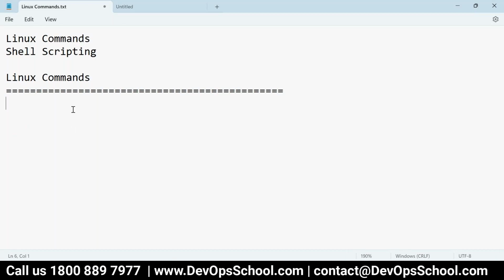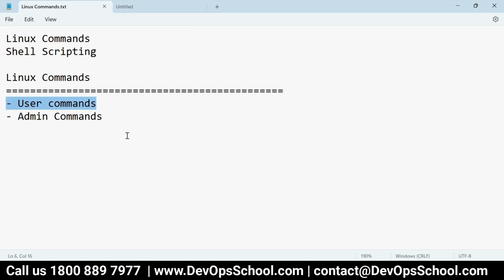So I have divided it into a few parts. That's called user commands, and the second one is admin commands. User commands are the commands frequently used day and night, just like when you work on Windows machines, you keep clicking here and there.